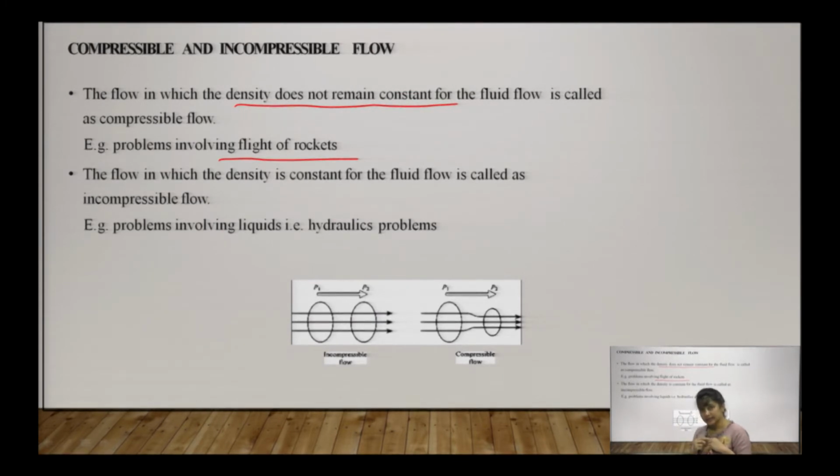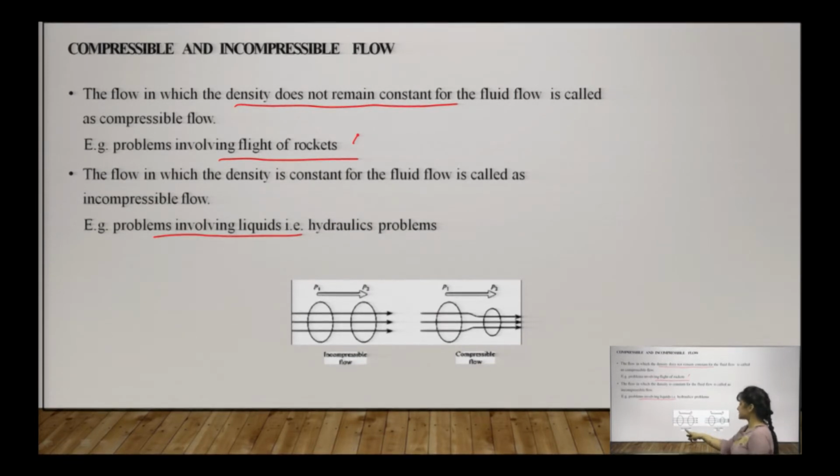Coming to the incompressible flow, where the density remains constant, and in most cases water or other liquids are treated as incompressible until and unless some other fluid is added to it, which affects the density of that particular fluid. Here you can say that all liquid problems will be incompressible. In general we are saying until and unless one liquid does not harm or change the density of another liquid while mixing, whereas gases are always compressible, they can change.